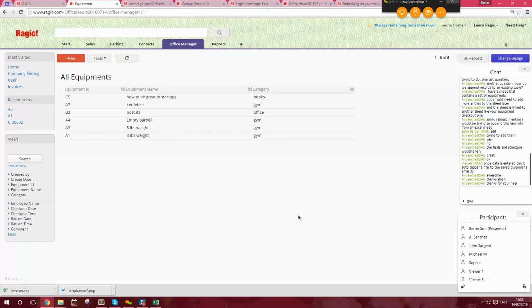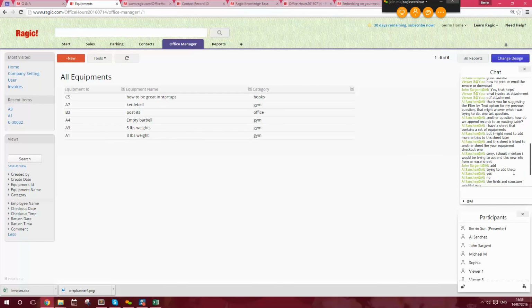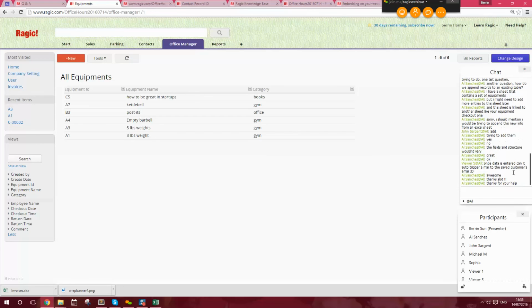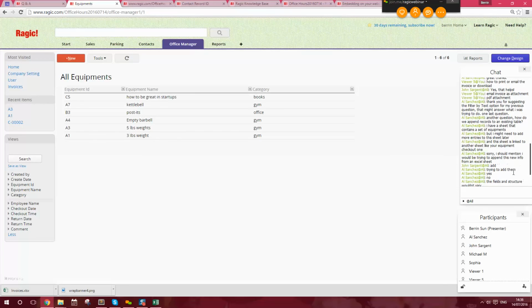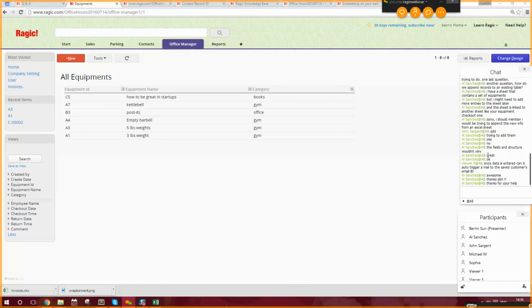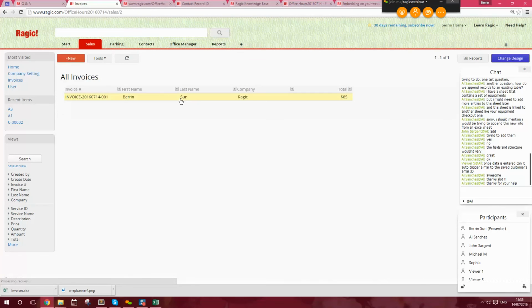No problem. And next question, let's see. That's up there somewhere. Having trouble. Oh, there it is. Once data is entered, can it auto trigger an email to the saved customer's email ID? Yes, it can, viewer 5. So if you have your contact sheet or invoices that you want to send to your customer when you update it,